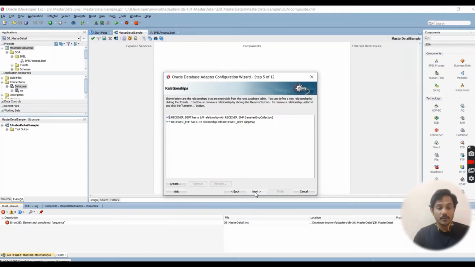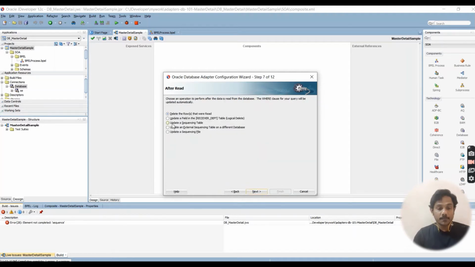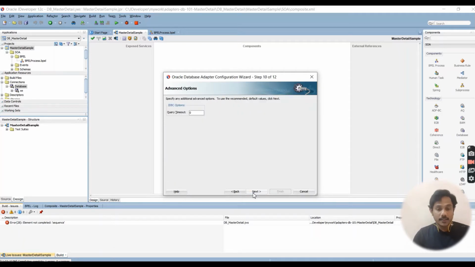This is our main table. Click on next. You can see the two table structures here. Select delete the rows that were read. Once the data is read from this table, the records will be deleted. Click on next. Finish.